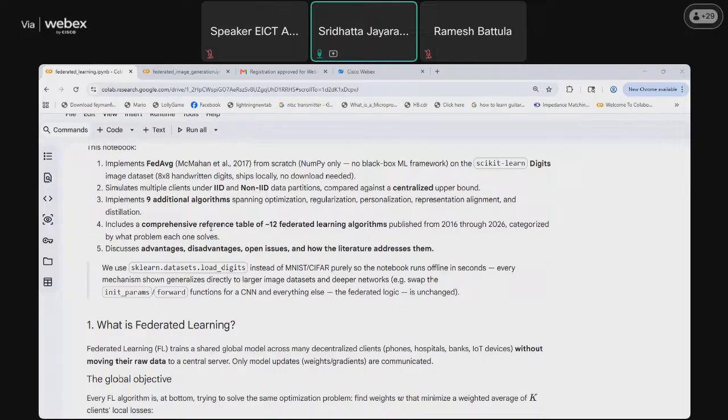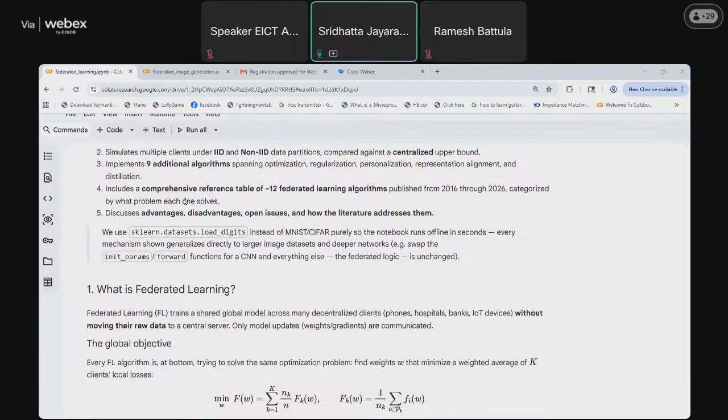At the end, there is a table of all the federated learning algorithms, showing what directions the research has headed in from 2016 to 2026. It has been prepared. And at the end, a discussion on the advantages and disadvantages of each of those methods, and how the literature addresses one over the other.